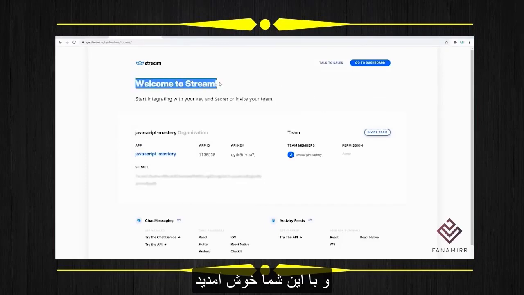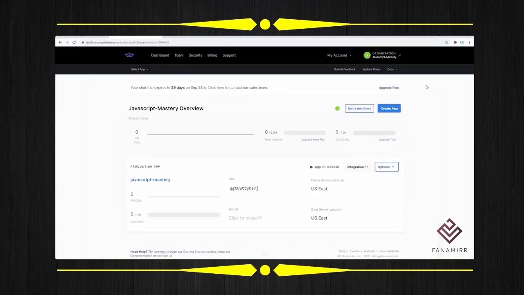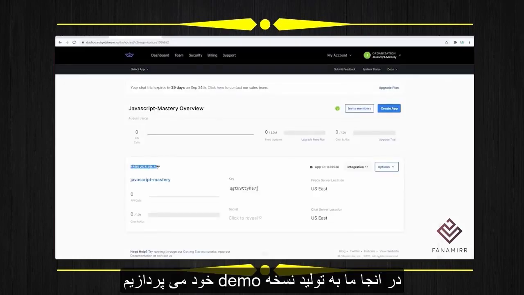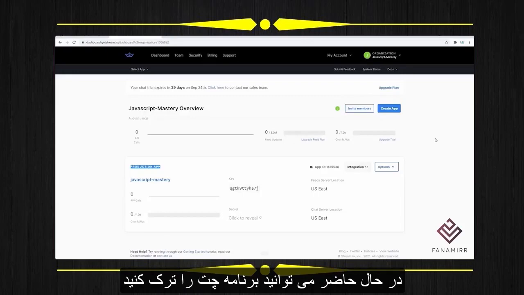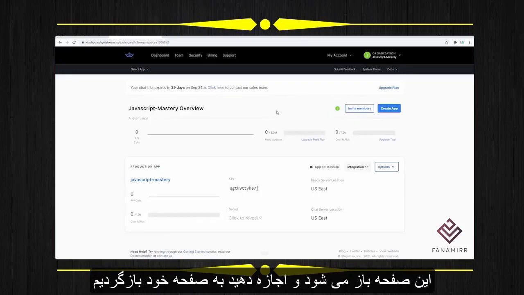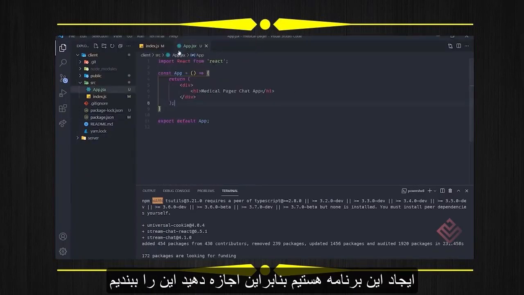And with that, you're already welcome to Stream. On the top right, you can click Go to Dashboard. There we go. Our demo production application has been created. There is our key and our secret, which we're gonna use soon enough to create our entire chat application. For now, you can leave this page open and let's go back to our code editor. Our packages have been installed and we are ready to start creating this app. So let's close this